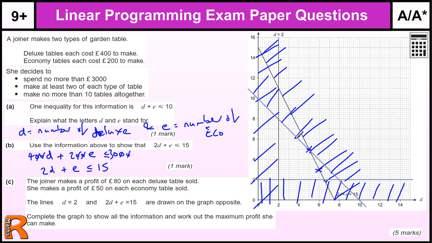We could go 4, 6, 3, 7, or 2, 8. So any of those, well, that was probably going to be better than those. So